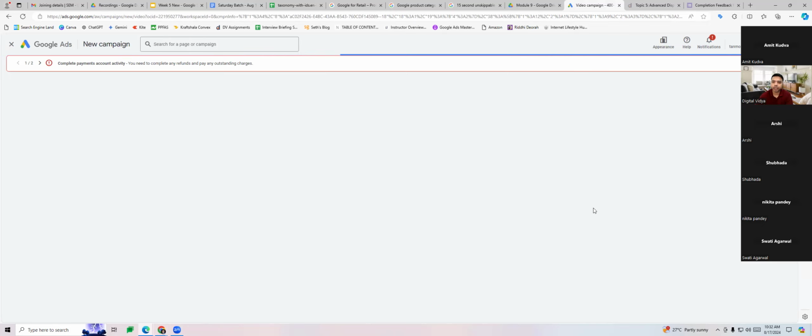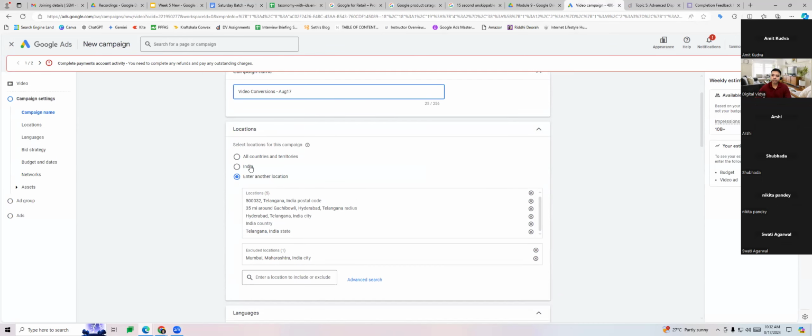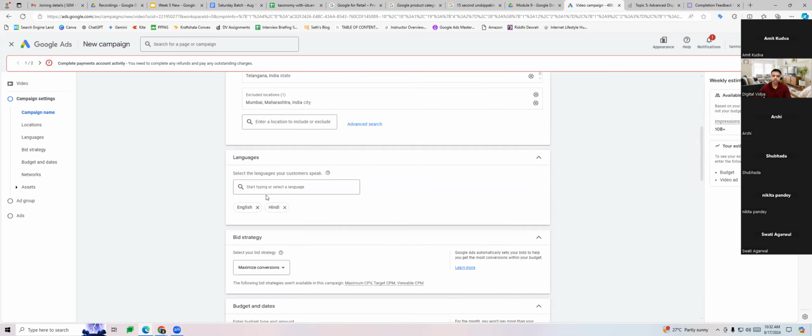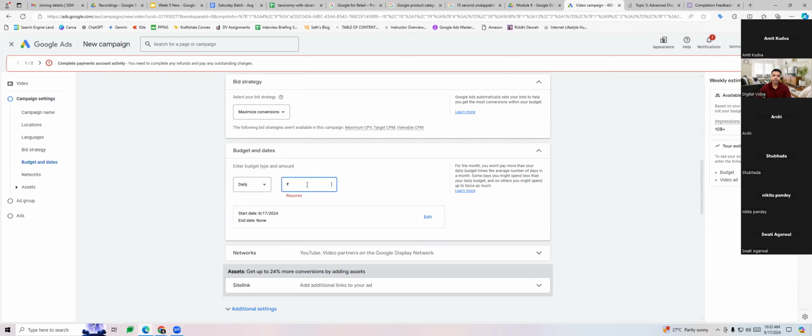And we will start the campaign creation. The campaign creation is pretty simple. Start providing all the details one by one, like the name of the campaign. Then location targeting we can do out here. We can add the locations like we have done earlier also. Language targeting you can do out here. Add your language targeting. Since the campaign goal is sales, you can see the bidding strategy it is suggesting is maximize conversions, which makes sense. And then you can set your daily budget.